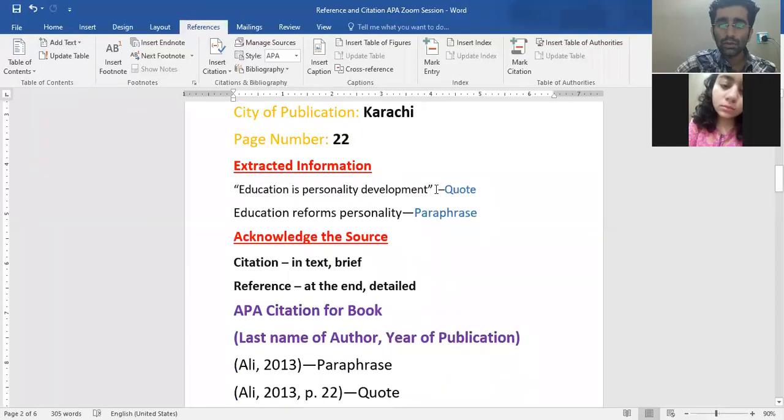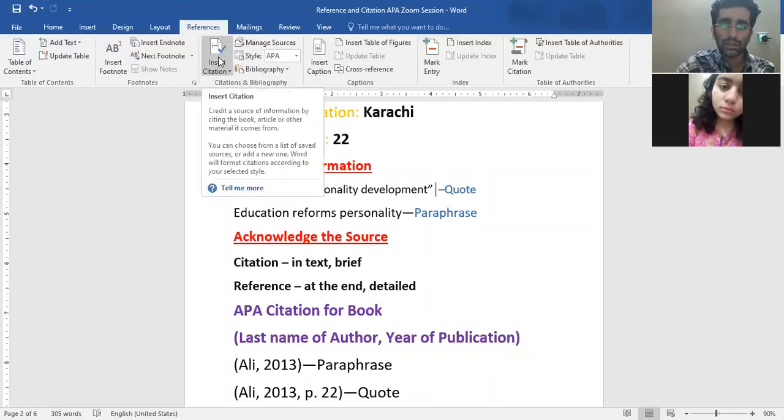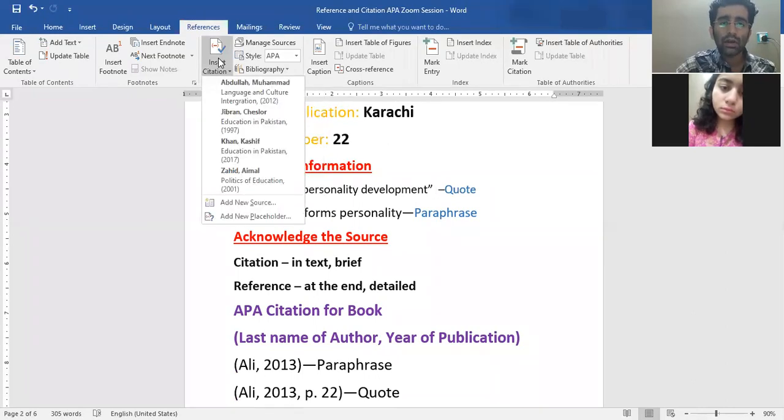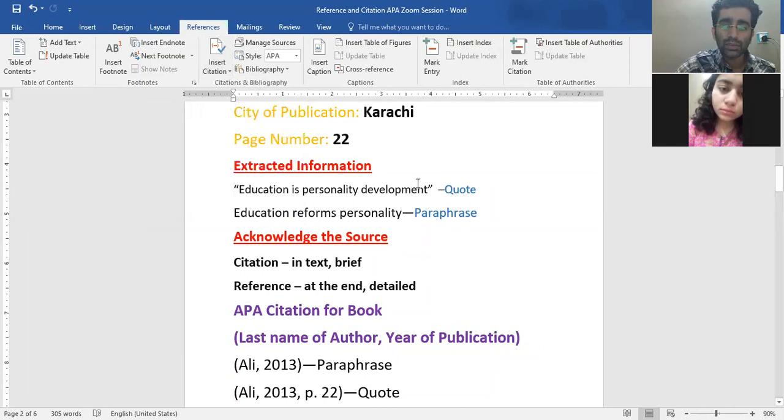So you go to the place where you want to add the citation. Take the cursor there and then click on the Insert Citation button. When you click on this, another drop-down menu opens up. You click the source from where this information, education in personality development, has been taken.